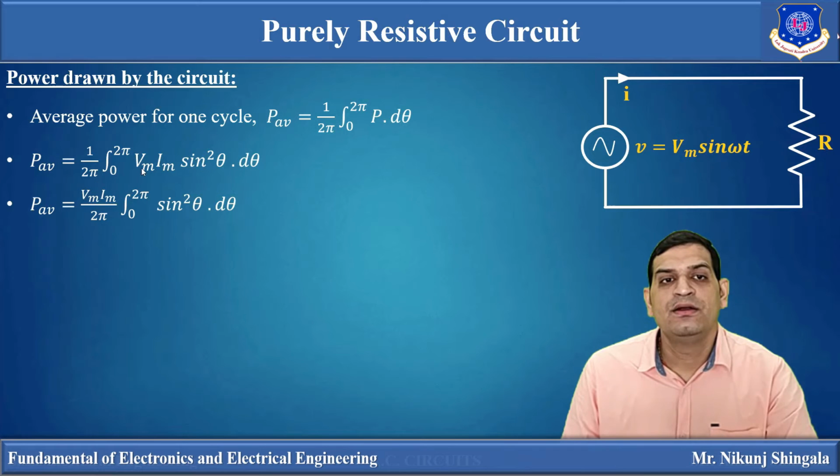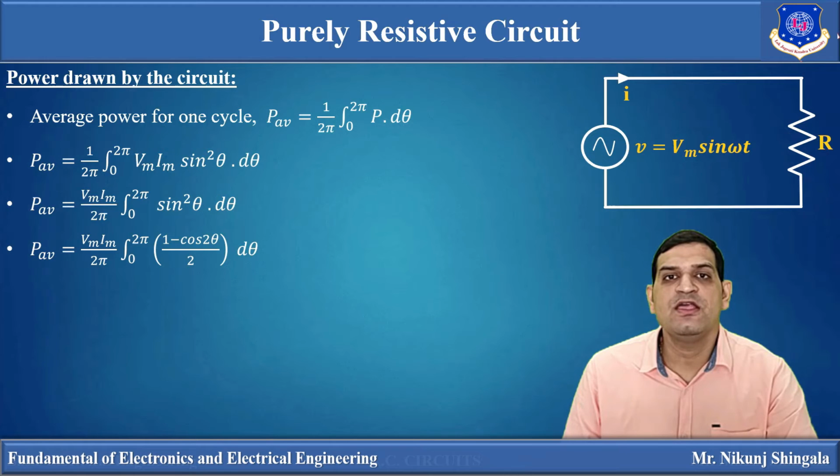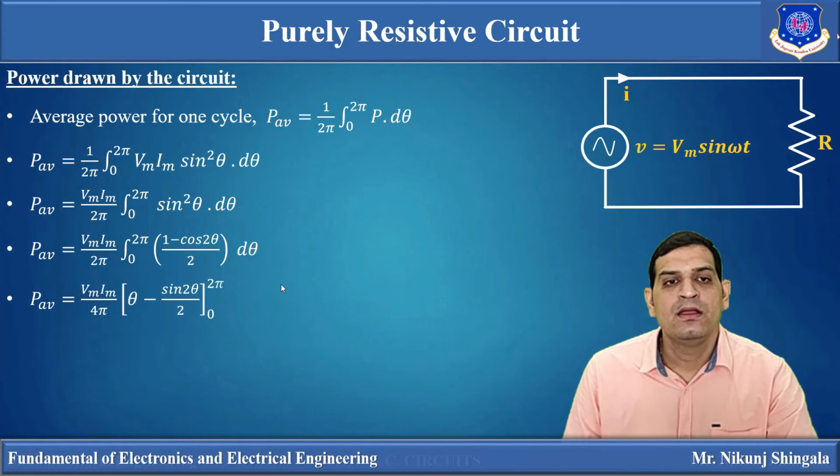So we take Vm Im common from the integration, because both are constant. So we can write P average is equal to Vm into Im divided by 2 pi integration 0 to 2 pi sin square theta into d theta. Now sin square theta can be represented by 1 minus cos 2 theta divided by 2. So integration 0 to 2 pi 1 minus cos 2 theta divided by 2 into d theta. Taking 2 outside from the integration, we can write P average is equal to Vm Im divided by 4